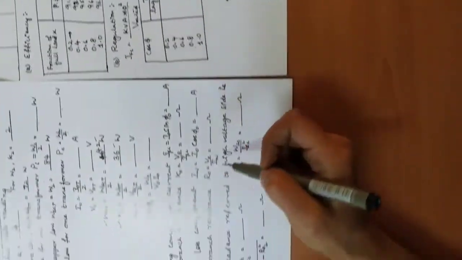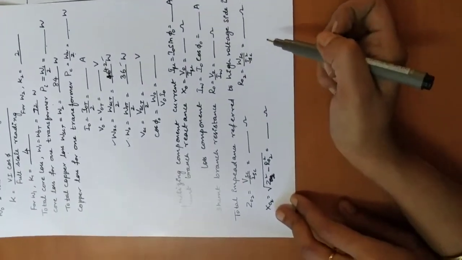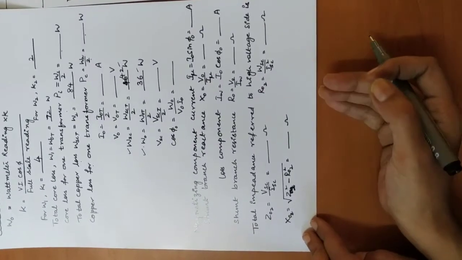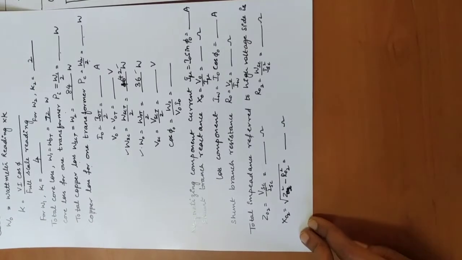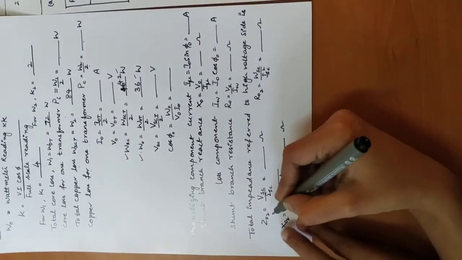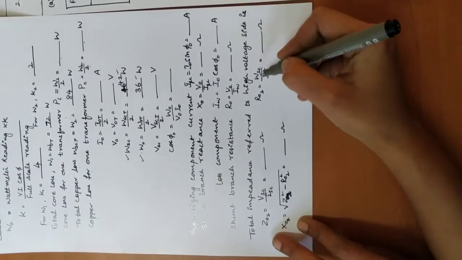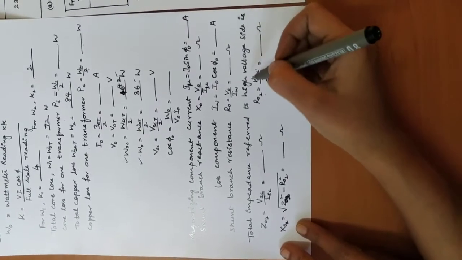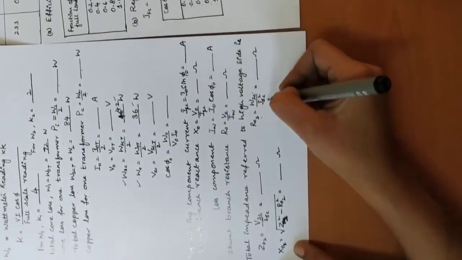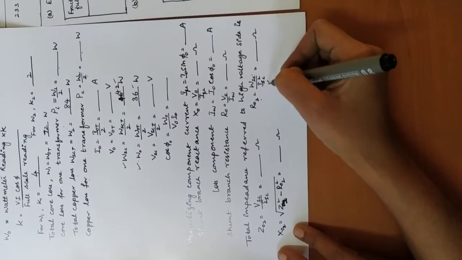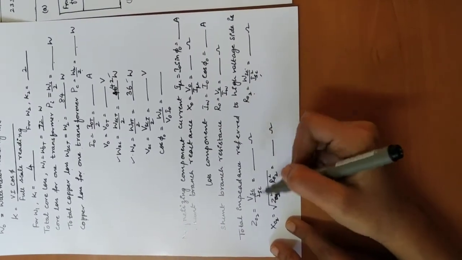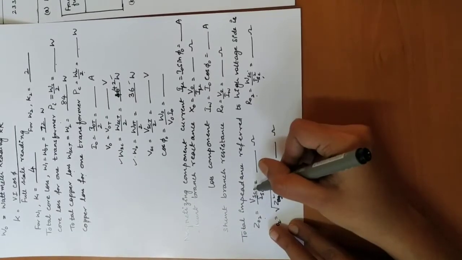To do that calculation, R02 and X02 indicate the resistance and reactance values referred to the high voltage side. To calculate R02, we can observe the formula is WSC divided by IAC square. The WSC is what we obtained in the tabular column; you take that value divided by IAC square, that is 8.7 amperes. Then X02 can be obtained once you find out Z02. Z02 is nothing but VSC divided by IAC.